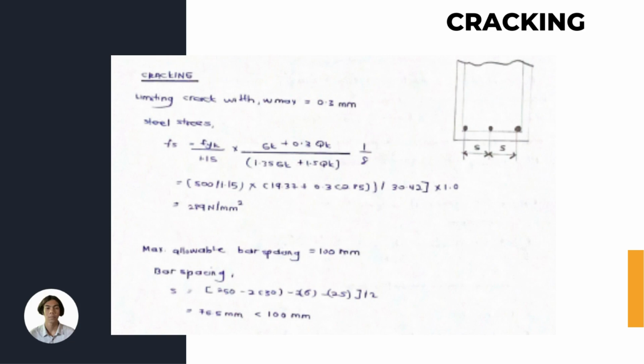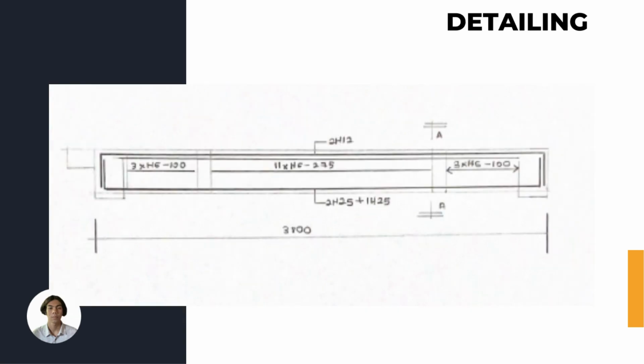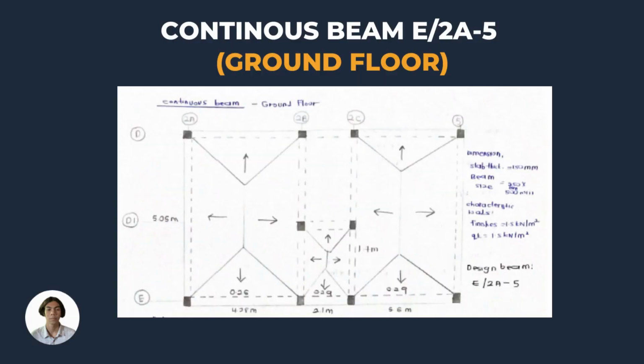Steel stress is 289 N per mm square. Bar spacing is 76.5, less than maximum allowable, which is 100 mm. Okay, this is our detailing for simply supported beam. This is my layout for the